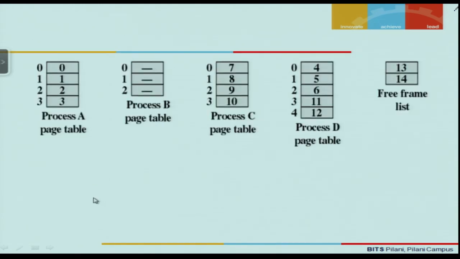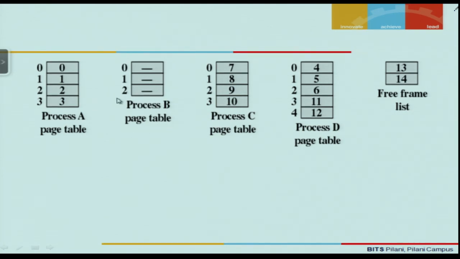For this example, we have 4 processes, and for each process we would require a logical to physical address mapping. That would mean that the page tables are required to be maintained on a per process basis. For every process one would require to maintain a page table. So in our case we are going to require 4 page tables, one for process A, one for process B, one for process C, and one for process D.